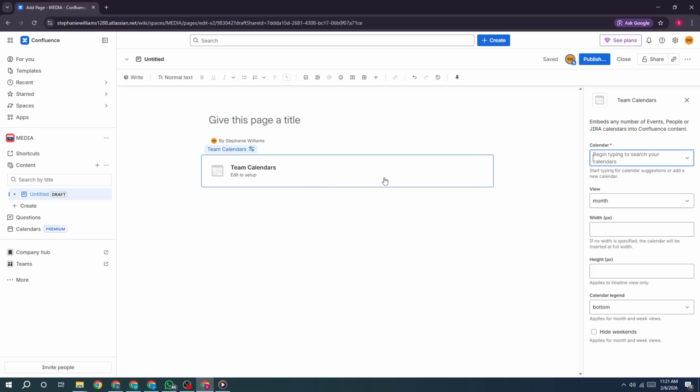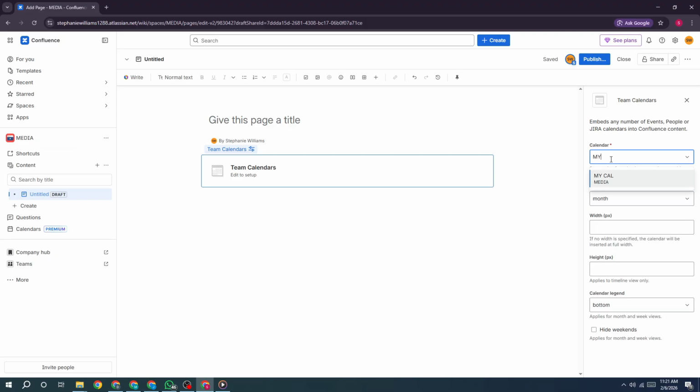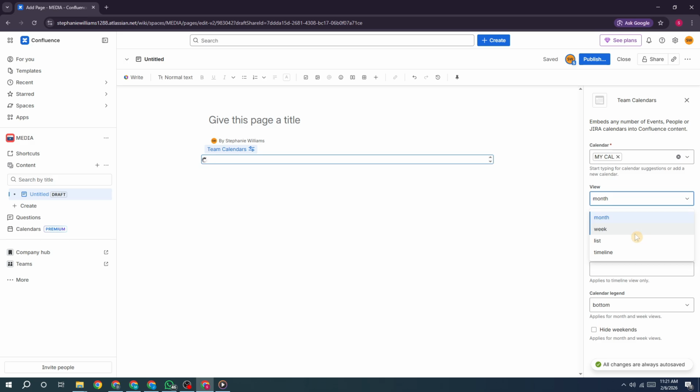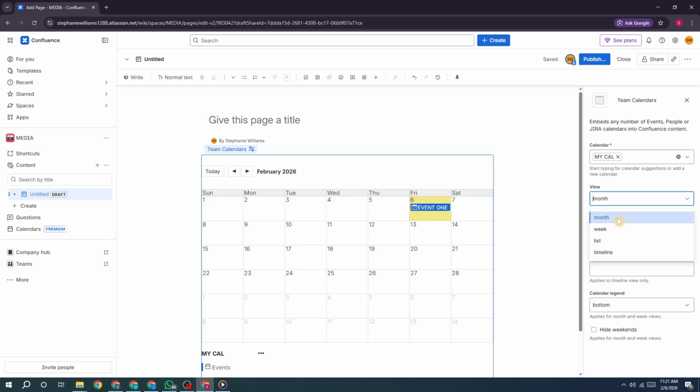A panel will open on the right side. In the calendar field, type the name of the calendar you just created and select it from the list. Here, you can also customize how the calendar is displayed. You can choose between month, week, list, or timeline view, and even adjust the width and height to fit your